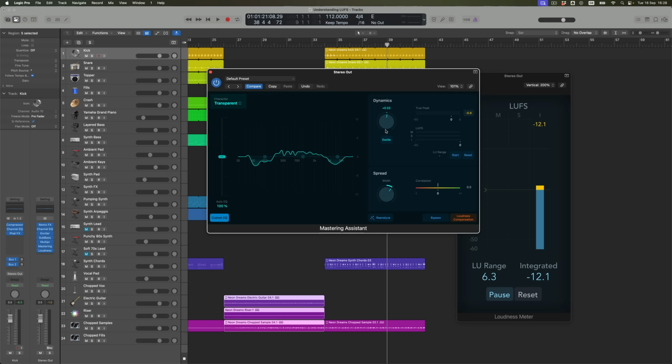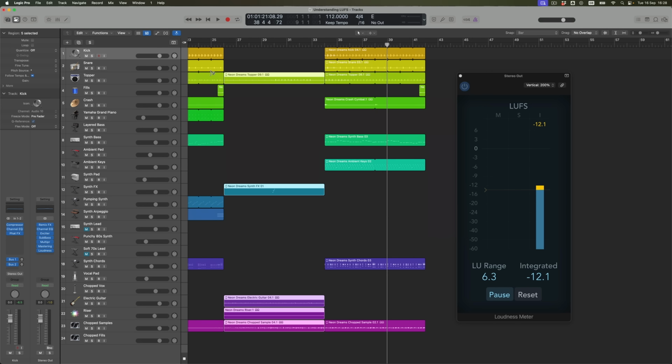And maybe what we do is to take that back to 0, where we've still got a nice big loud mix, but we're not pushing things quite so hard. I wonder what that does now for our integrated measurement. In other words, what I'm trying to say is if you have dynamic range within your tracks where you have quiet sections, it means you're allowed louder sections. If your tracks just start loud and stay loud, all Spotify is going to do is to turn them down.